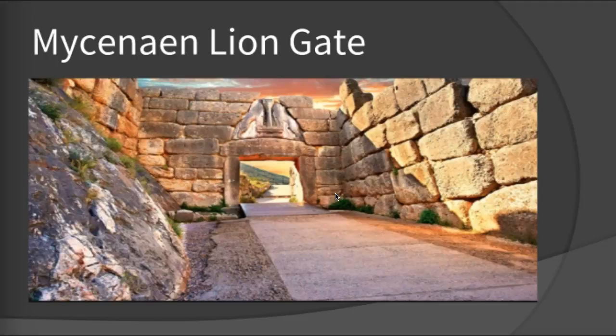It was erected during the 13th century BC in the northwest side of the Acropolis, and is named after the relief sculpture of two lionesses in a heraldic pose, which stands above the entrance. The Lion Gate is the sole surviving monumental piece of the Mycenaean sculpture, as well as the largest sculpture in